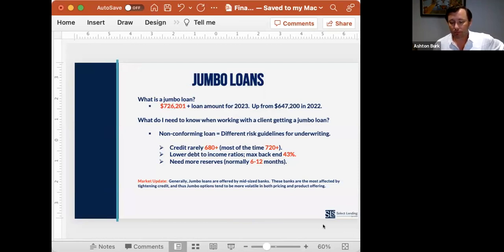Jumbo loans technically are considered non-qualified mortgages. They have different underwriting requirements. Typically those are small to mid-sized banks that offer them and hold those loans. As a result, they're riskier, because they're not backed by the government. So when interest rates have been on this wild roller coaster, there have been jumbo lenders that have